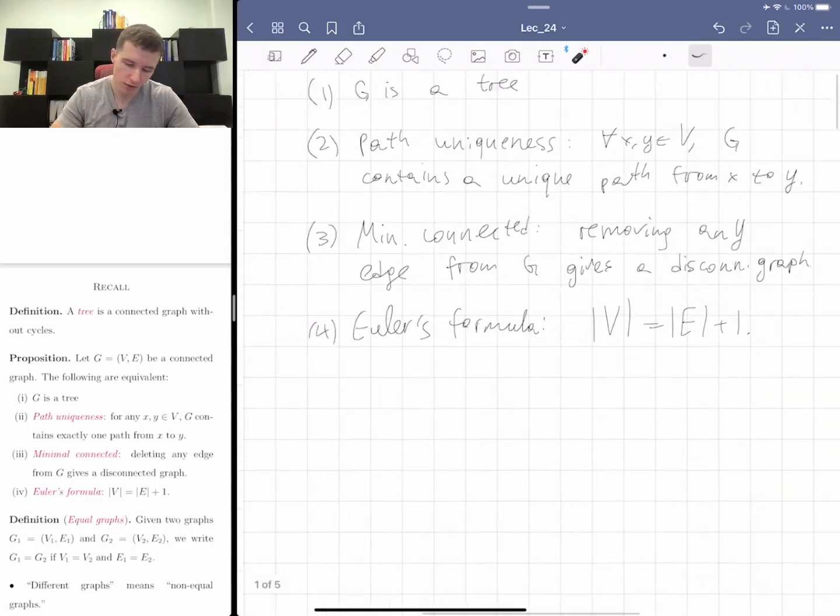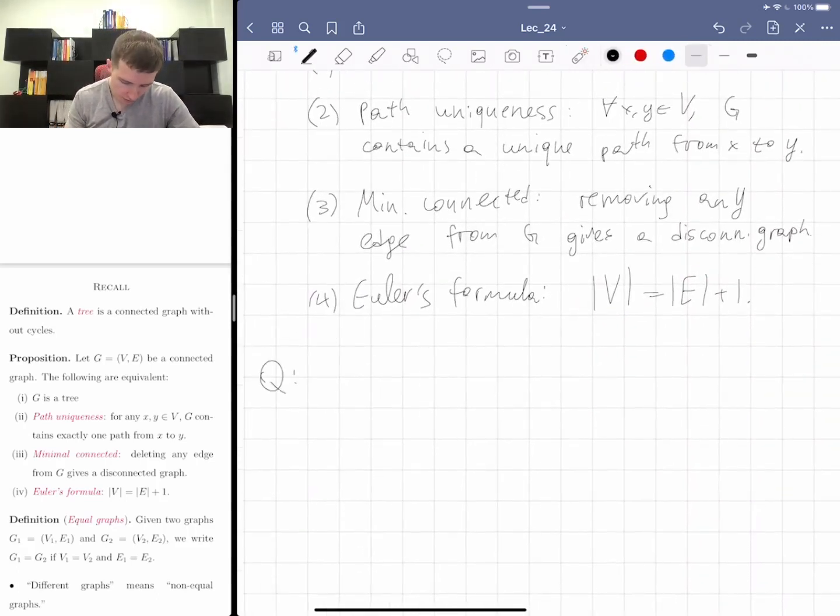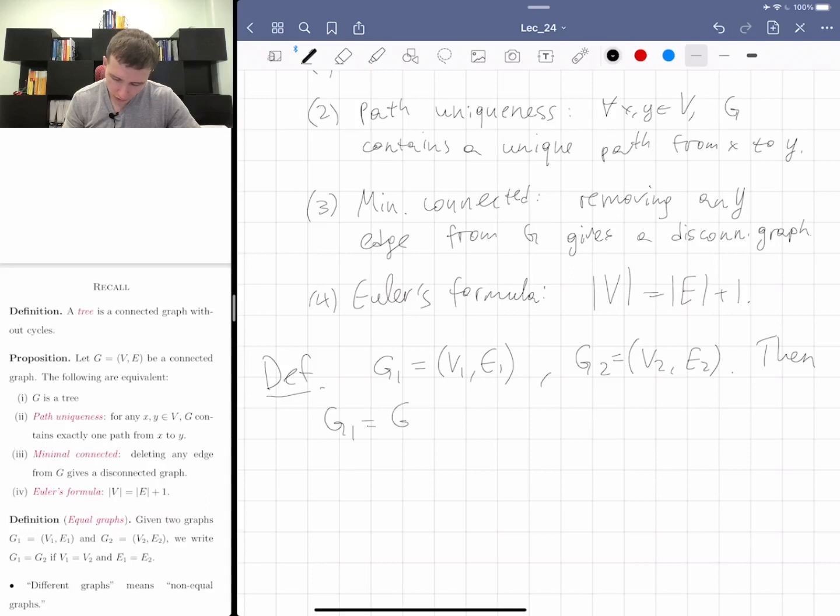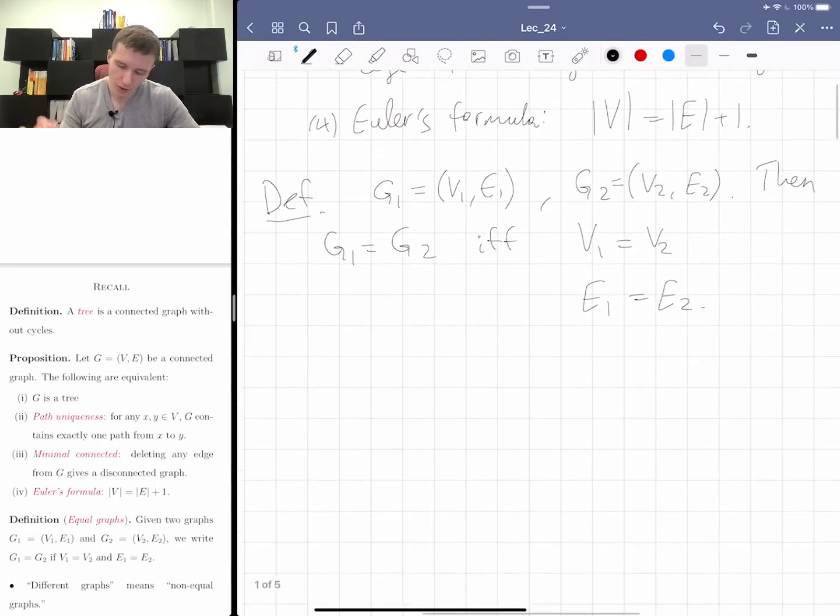So how do we count? The question is, how many different trees? Today I promised to do graph isomorphism, but actually I don't need that today. Let me just say that if you have two graphs, G1 equals V1, E1, and G2 equals V2, E2, then G1 is equal to G2 if and only if they have identical sets of vertices and identical sets of edges. So in other words, no matter how you draw,